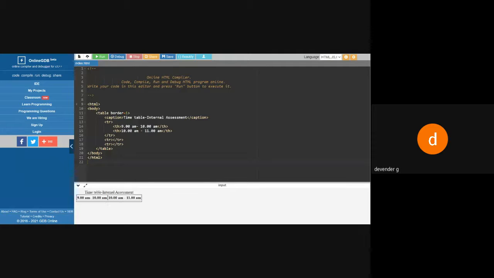So this is one cell, and this is another cell. So 2 cells have been put in one single row. You can see here TR. In this one TR I have one cell as TH and another cell as TH. Why are we going for TH? Because I want to say that this is the header of the table. Up to this, any doubt? Don't go for the program. Concept is very important.